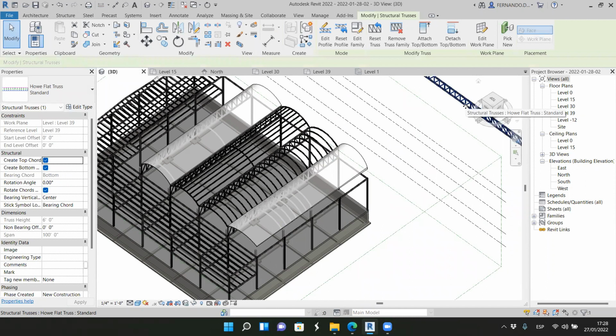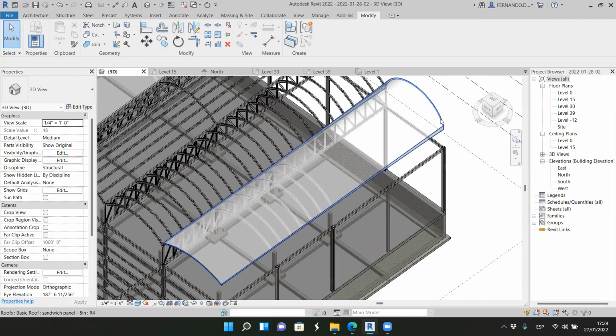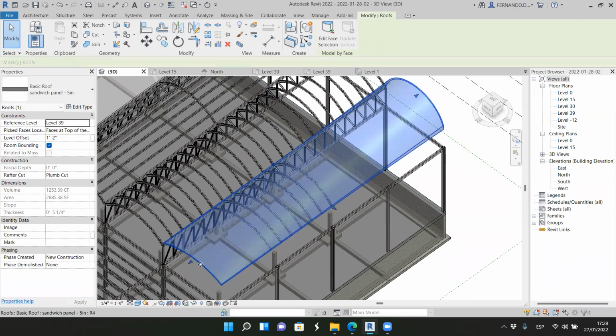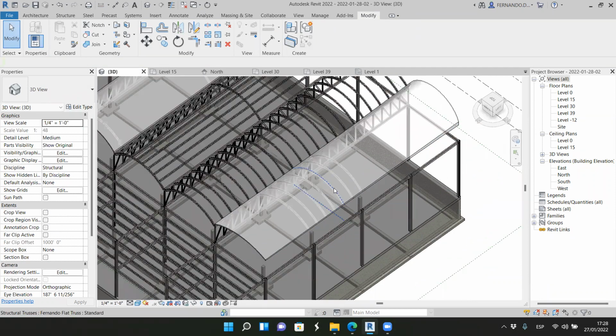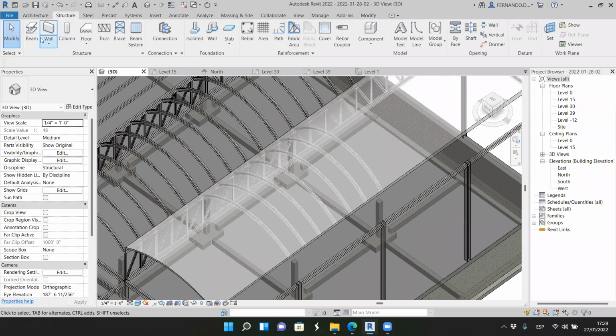I know it sounds a little crazy, but if you want to adapt a beam system to a roof that has a shape like that here and a different shape here, that's the only way I have. I wish we could do that with a simple beam and then adapt the beam, but it doesn't work. I've tried many times and it doesn't